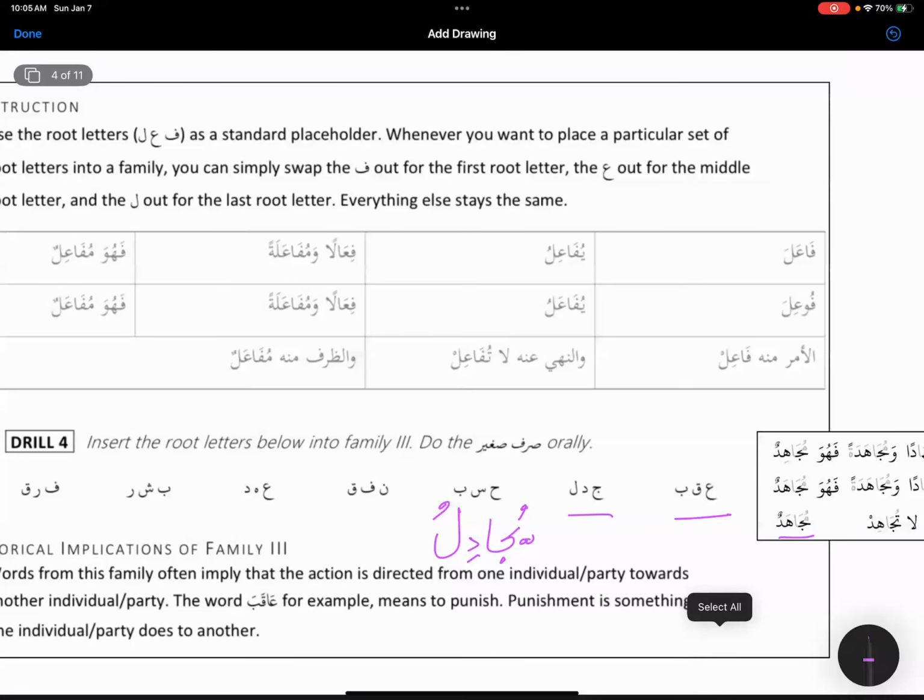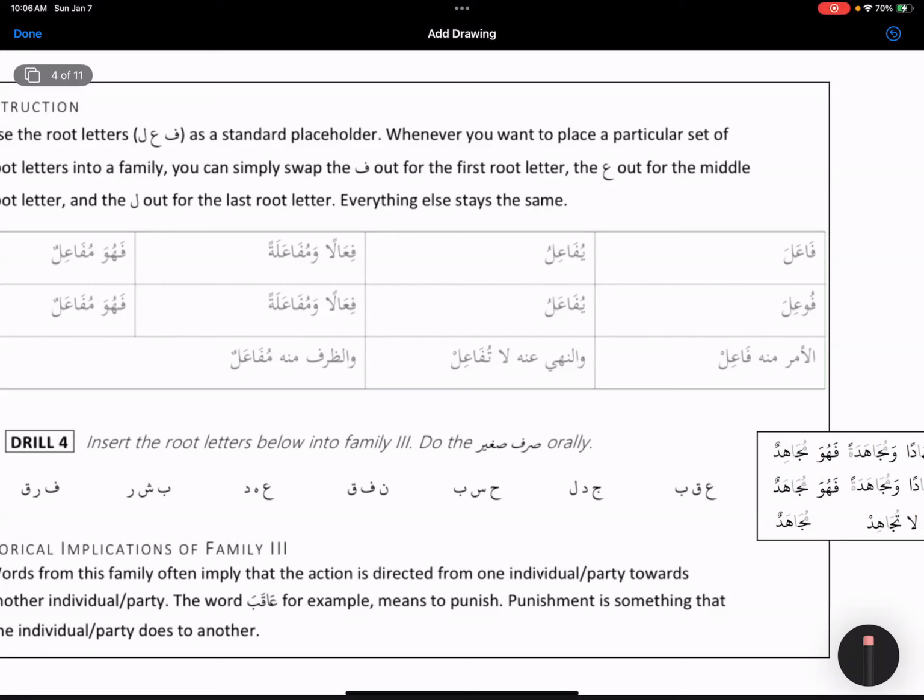Now, ha, sin, and ba. And I would say that if we really want to be strong, then do sarf kabir as well. It will be, you will be argued, no? Yeah, both. So he argues means he is arguing right now, or he will argue, he will do it in the future. So both tenses, right?